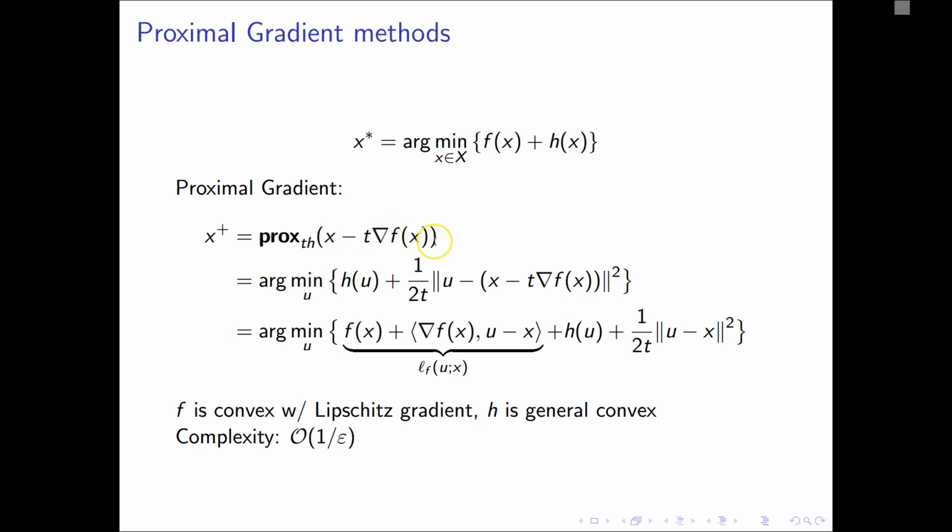This is the usual gradient descent step if you only have f(x). However, because we want to take into account h(x), we also add this proximal term. So what does this proximal term do? It is defined as this argmin over u of h(u) plus 1 over 2t times the squared distance, where you want to control u